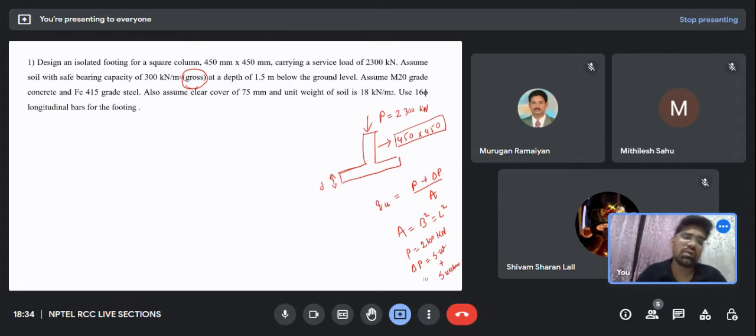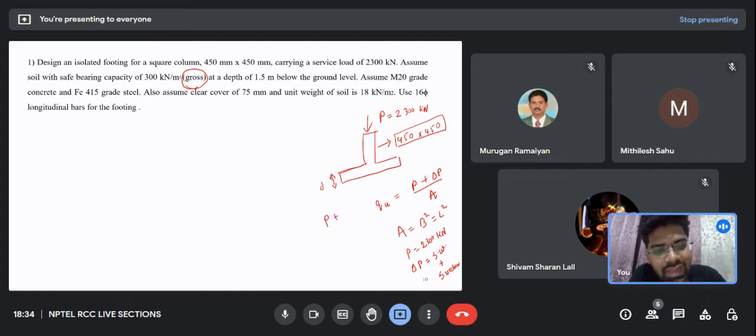So now you already know that we would be designing the cross section of this footing based upon the working stress method, because the safe bearing pressure is evaluated based upon the working stress method. So now this P, the factored load, would be P itself. We won't be multiplying it with 1.5,